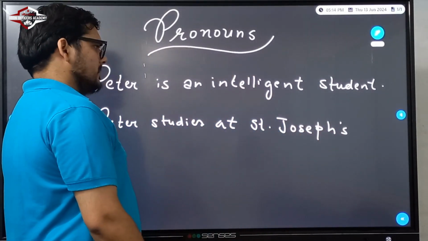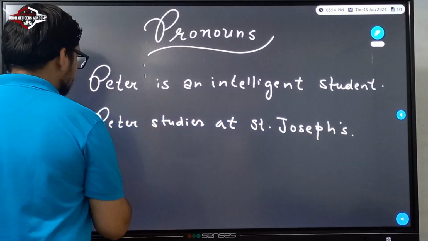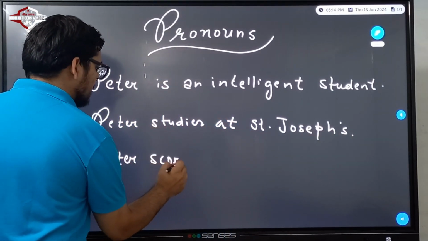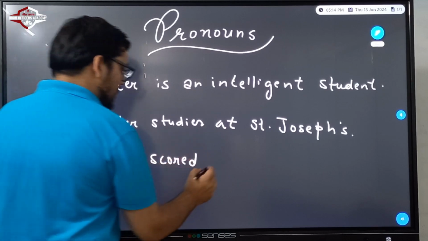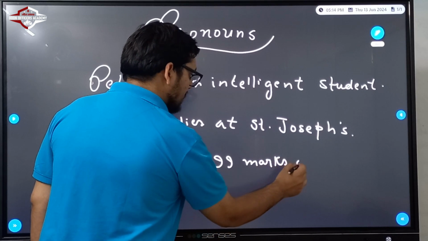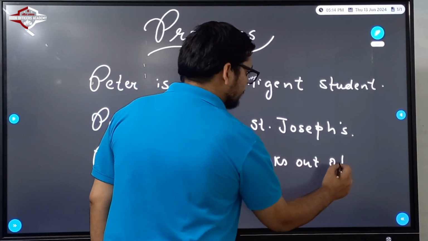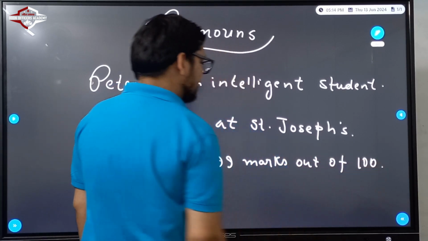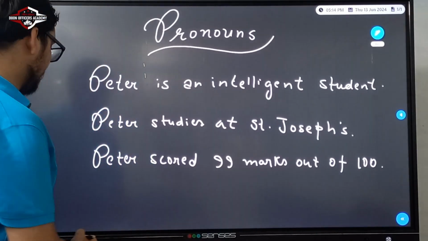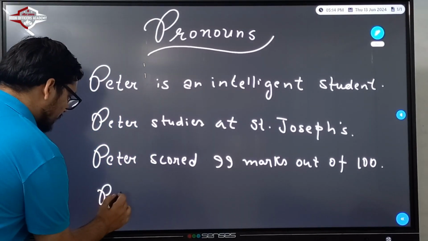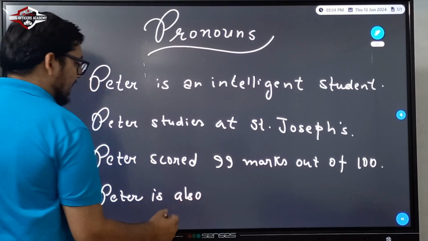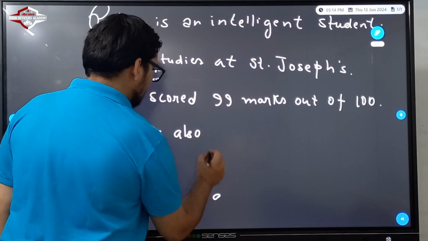And then what else should I say? Peter scored 99 marks, 99 marks out of 100. And then let's talk about Peter more. Let's say Peter is also an obedient